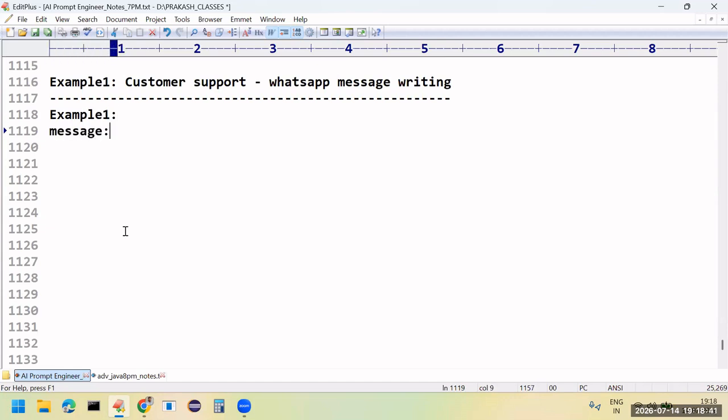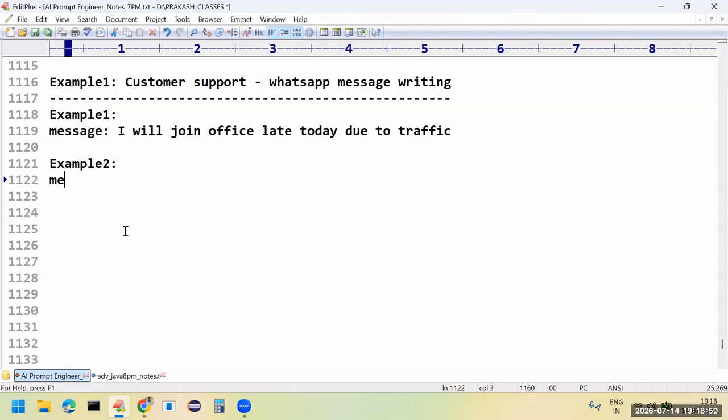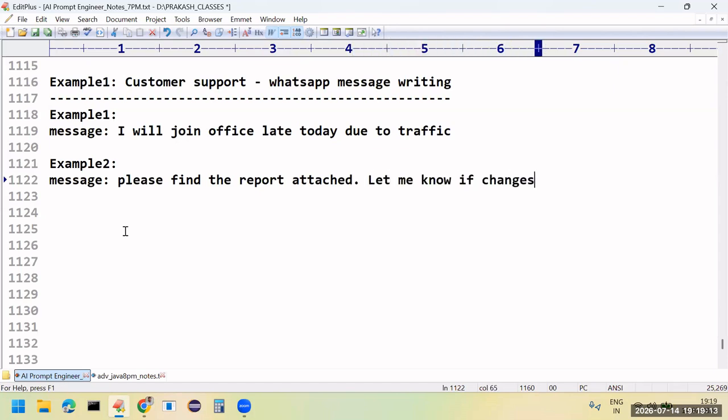The message I am going to write is, I will join office late today due to traffic. Sir, I am going to join late today. What is the reason? Because of some traffic. Like this, I'm giving one more example. The message is, please find the report attached. Let me know if changes are needed.